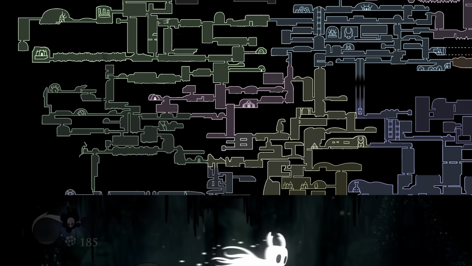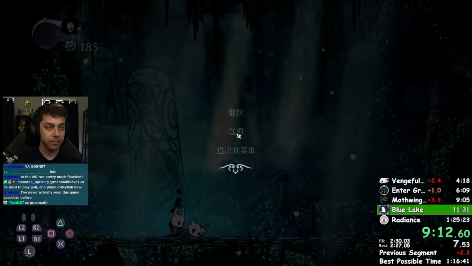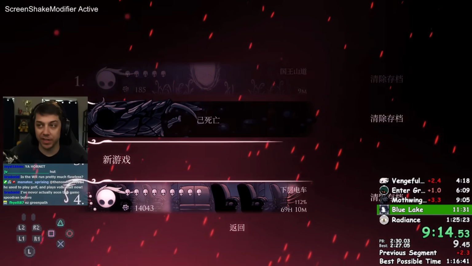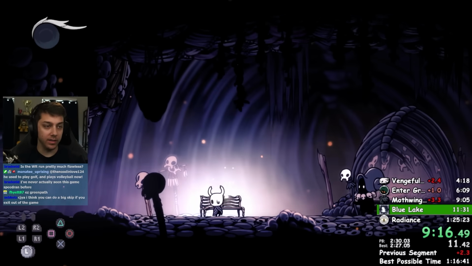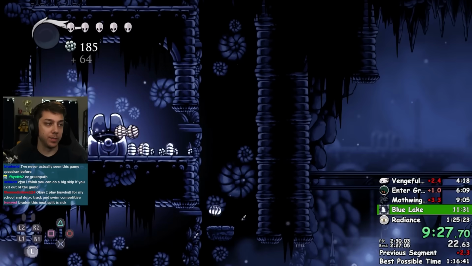After getting the dash, it's a long way back to where we need to go. So instead of backtracking, I just save and quit the game, and it automatically takes you back to the last respawn point, which right now is the bench where we got the fireball. Now I can go back through the False Knight arena, grab the Geo he was guarding, and make my way